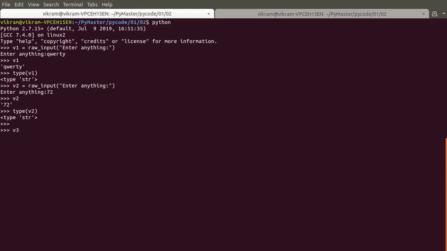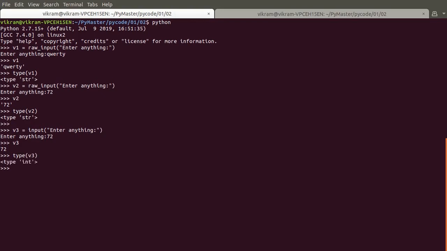So v3 is equal to input of enter anything. So if I am giving 72 now, and if I print v3, it will be number 72 without quotes. If I see the type, it will be int.